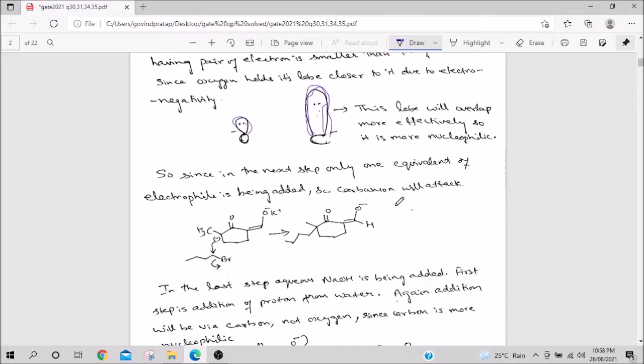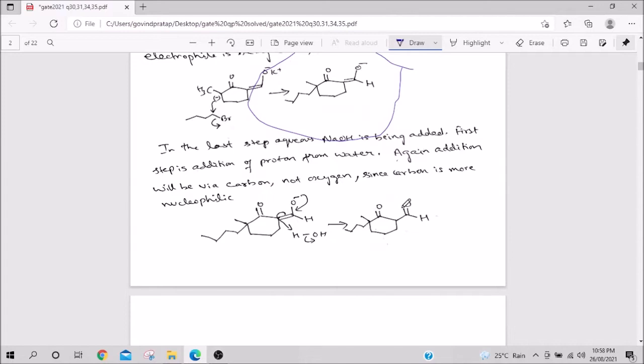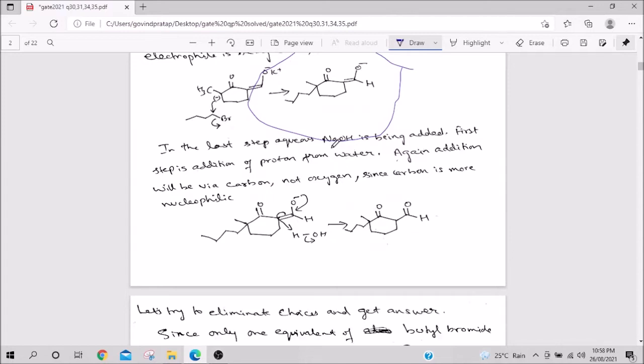So, this is the product we have thought, and let us see among choices A, B, C and D which can be removed. And one more thing is, in the last step you are adding aqueous NaOH. So, water is there. Anything which has a negative charge is not stable, so this comes back and this takes a proton and you are getting this. So, this much is very clear.